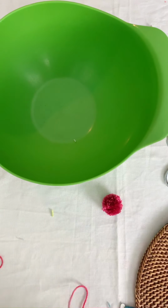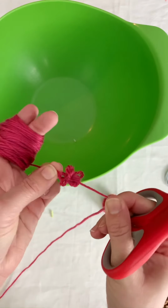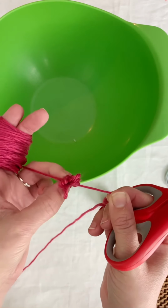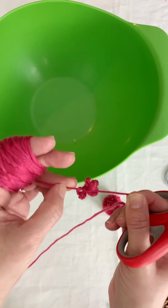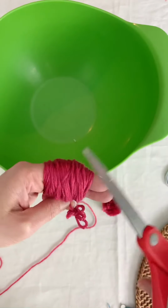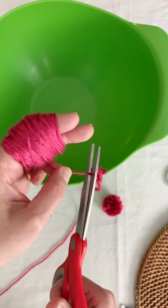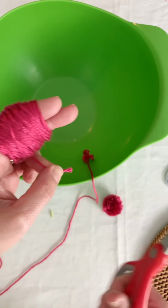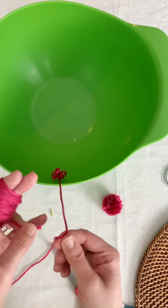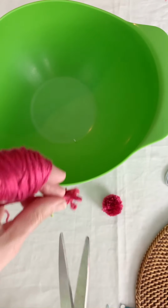I have wrapped it 100 times. I want to show you because it's going to happen sometimes. Thinner yarn has the tendency to get tangled really easily. I got really lucky and it just so happened to end after wrapping 100 times, but I want to show you what to do if that happens. Let's say you still had a little bit more to go, or even a lot more to go. If you can't get it untangled, you can cut that off